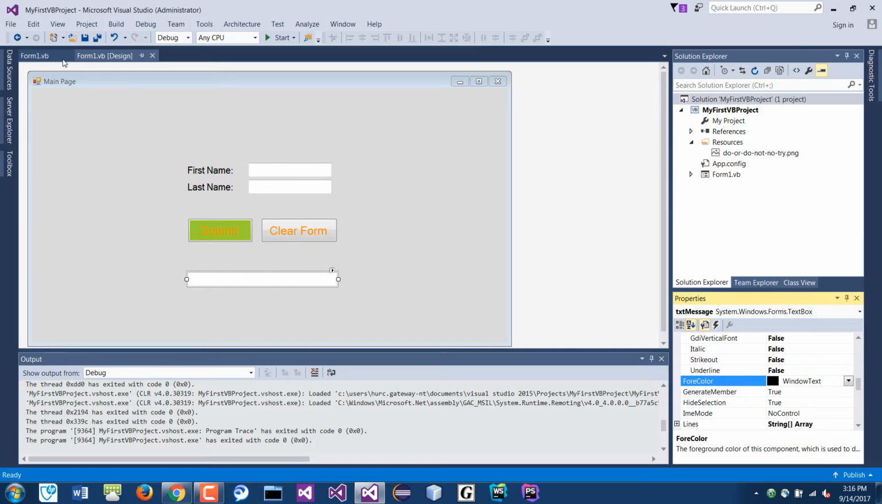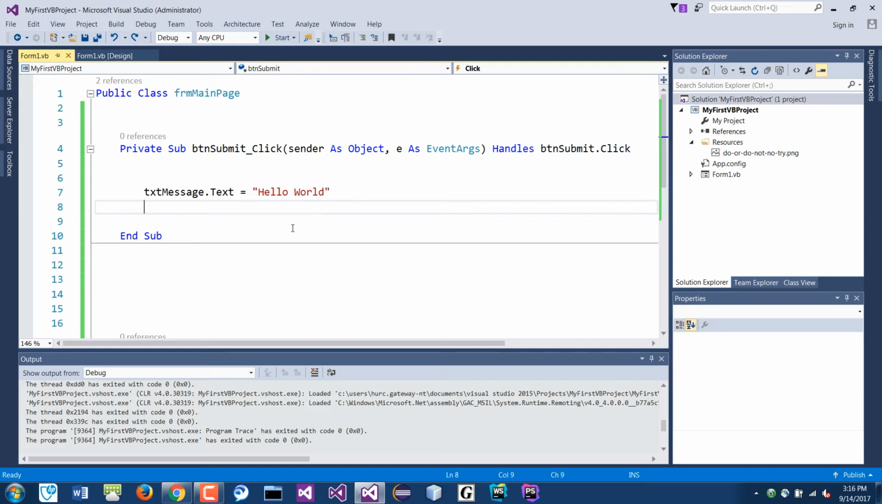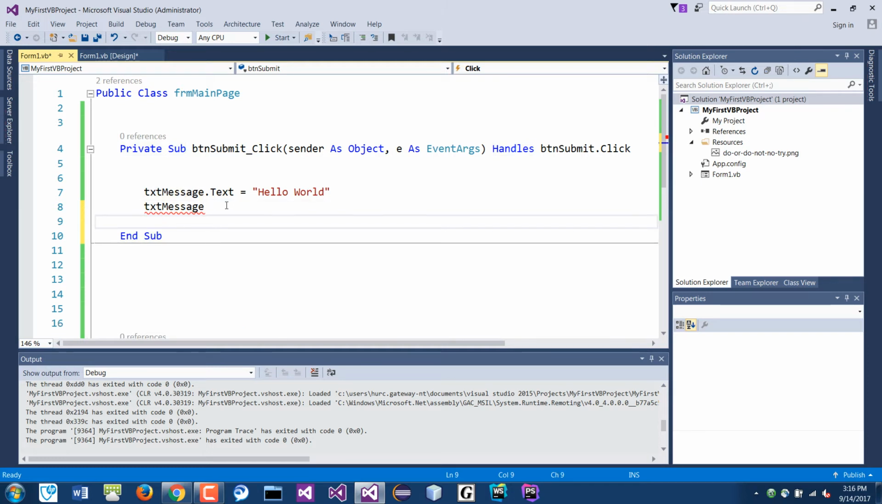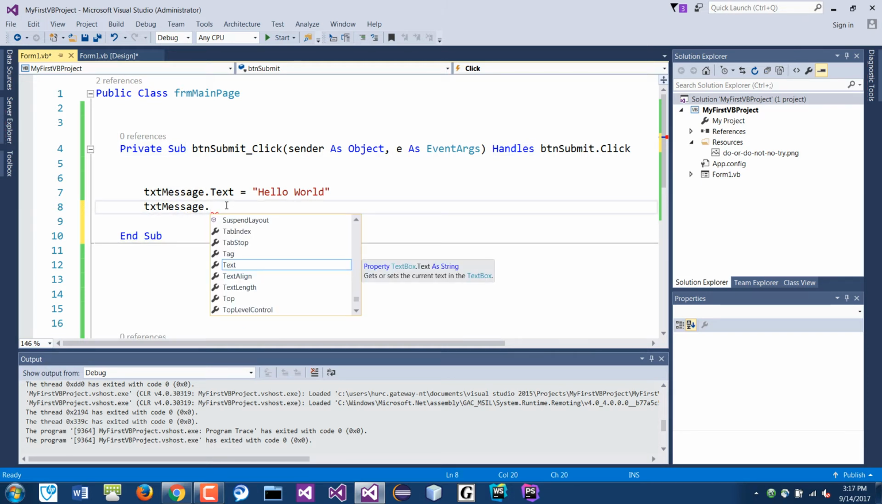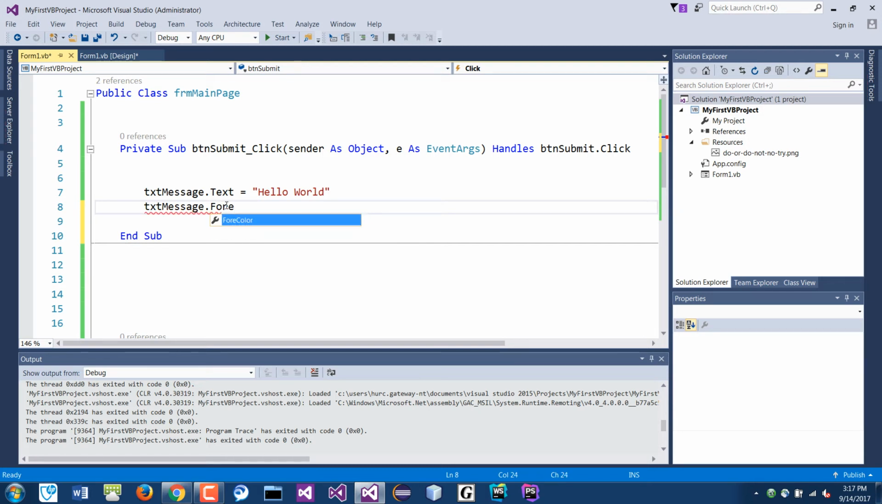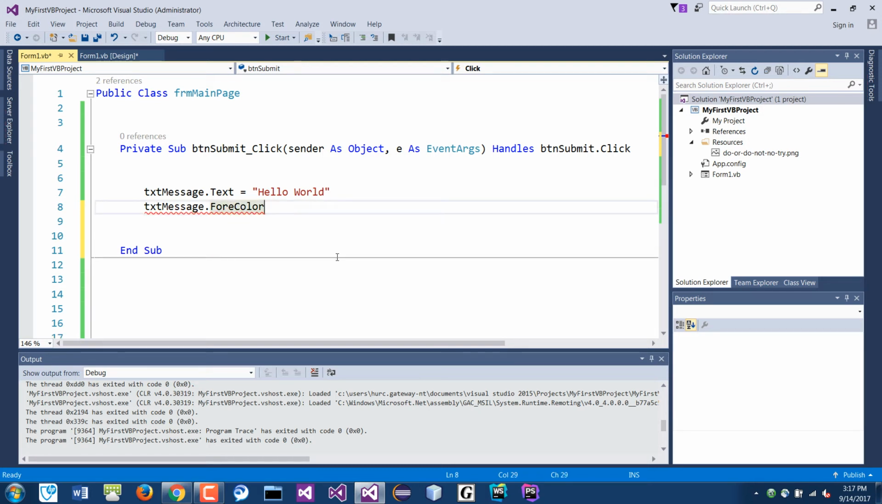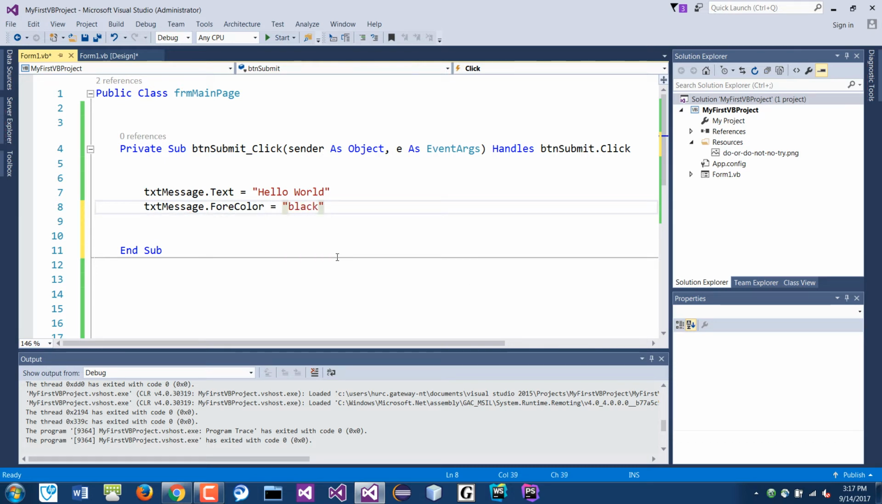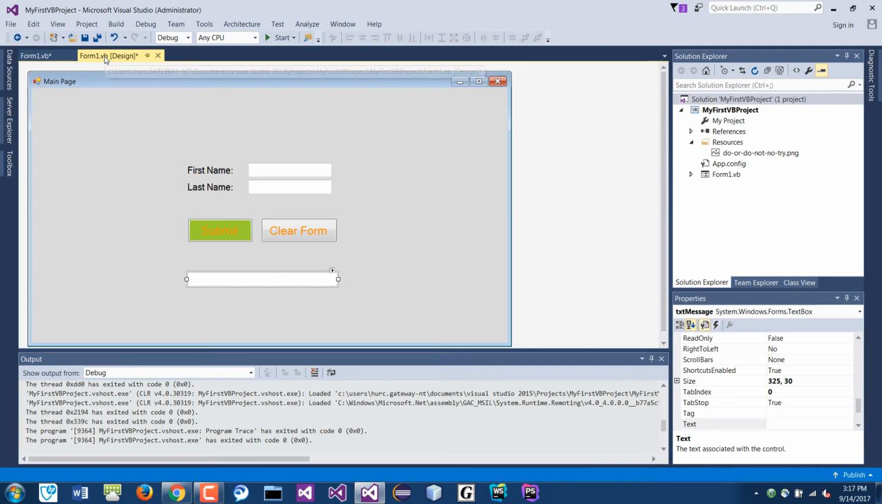So in the code we can say, not only does it have the word hello world, we also want to change the color. Again, you can type the text dot, not just color, but ForeColor. The foreground color, that's what it means. The color is equal to, you can't just say black. It's not text. You cannot just say that. The color is a property. The reason why is because if you go here to the foreground color,